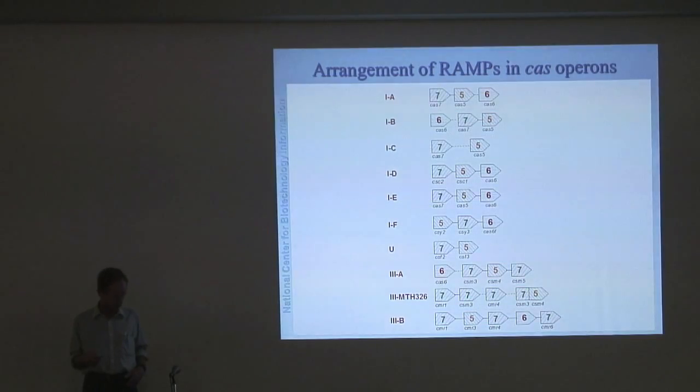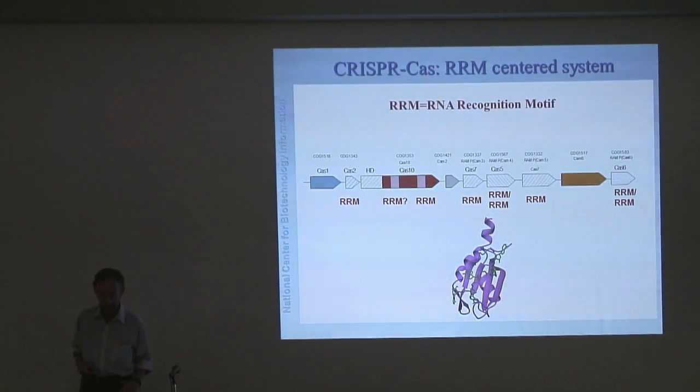The genes encoding these RAMP proteins show very distinct arrangements in different subtypes of the CRISPR system of Cas operons. And what I want to emphasize here is that all these extremely diverse prokaryotic immune systems are really centered around one single domain, the RNA recognition motif, which I have shown here as a very typical structure that contains a simple anti-parallel sheet of 4 beta strands, with some embellishments that vary, and that binds an RNA molecule which pegs against the surface of that beta sheet, a very basic domain that importantly is found